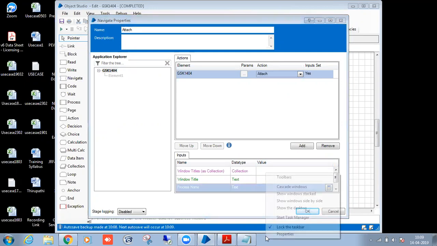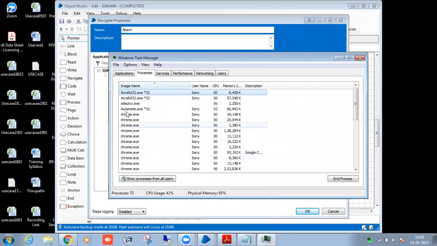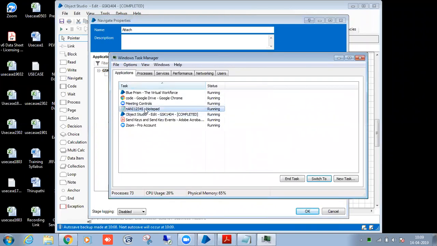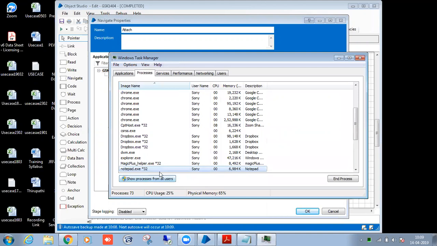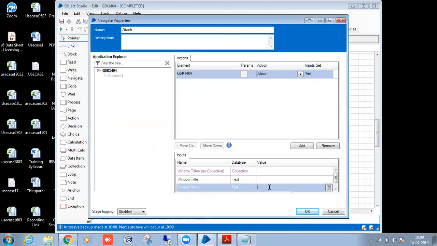If you want to know the process name of Notepad, go to Task Manager, the process is notepad.exe, in small letters. You need to write .exe.